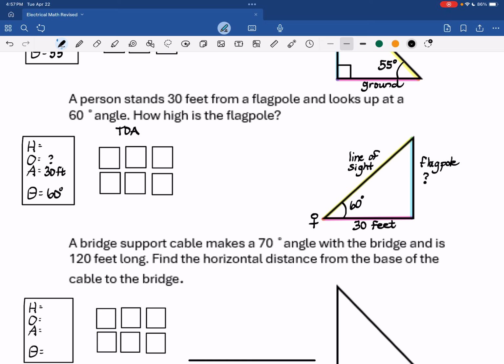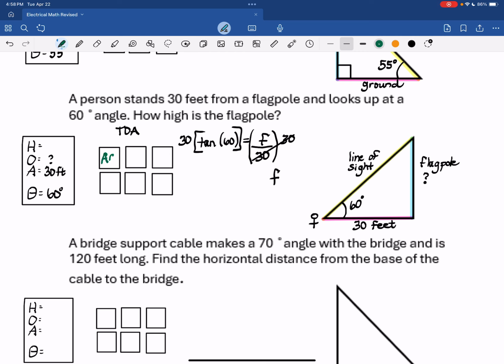We know O and A. So we want the tangent of theta is equal to the opposite, which we don't know. I'm going to call it F for flagpole, over the adjacent side. We do know. And this time I'm going to multiply by 30 to get rid of that denominator. I want to isolate F. So F is going to be 30